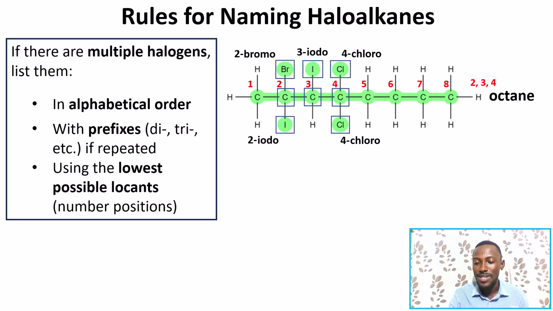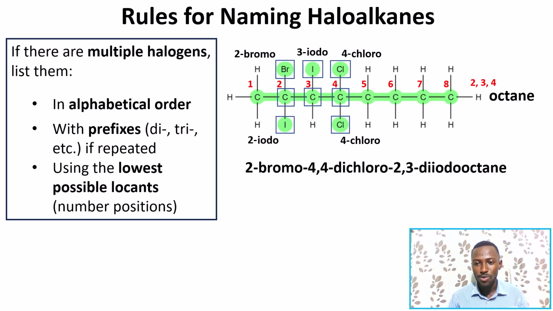After that, we'll explain. So for this, we have 2-bromo-4,4-dichloro-2,3-diiodooctane. Whoa, holy moly. 2-bromo-4,4-dichloro-2,3-diiodooctane. This name is long, but it's simple to understand. Let's explain. The 2-bromo